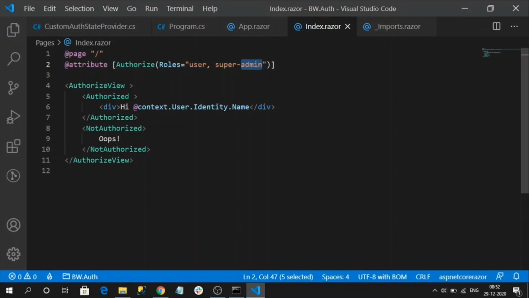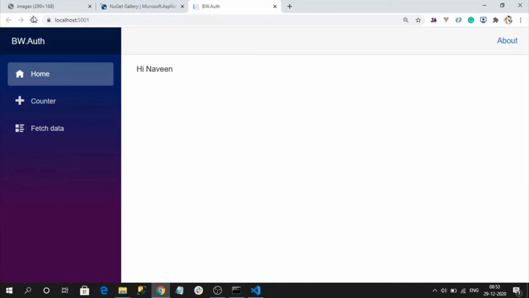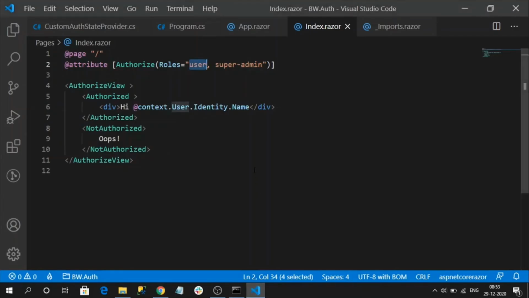Since I have user, I don't have super admin, but still I have user, so I can access this page. Let me reload it. See, I am accessing this page.